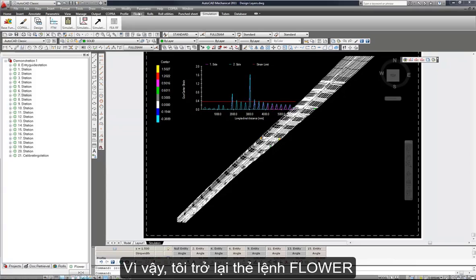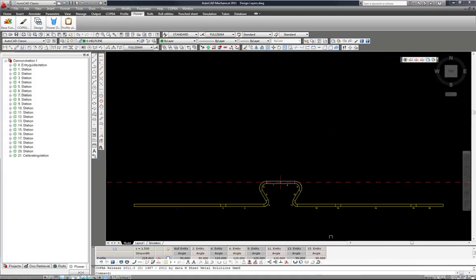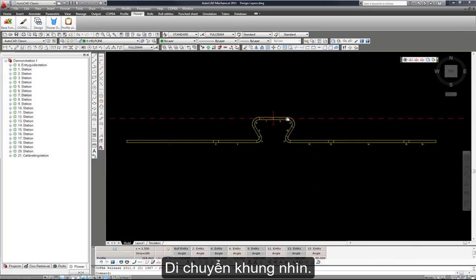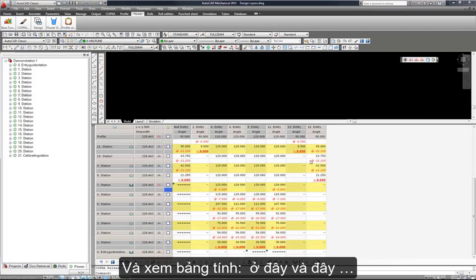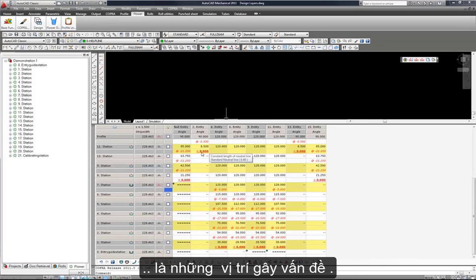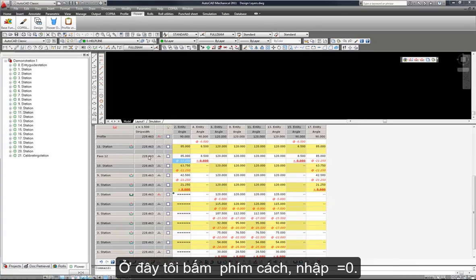So now let us return to our flower. Move our flower here. Take another look at our spreadsheet here. And here is the cause of our concern. We have some forming here and here. So now we take our focus, right click and insert pass. And here we will